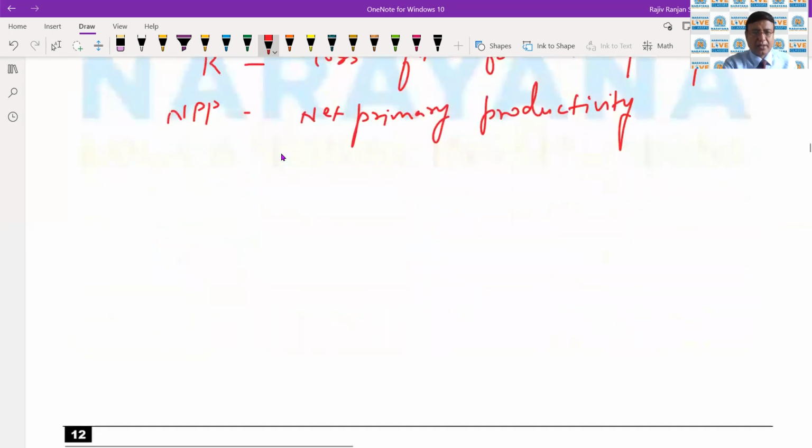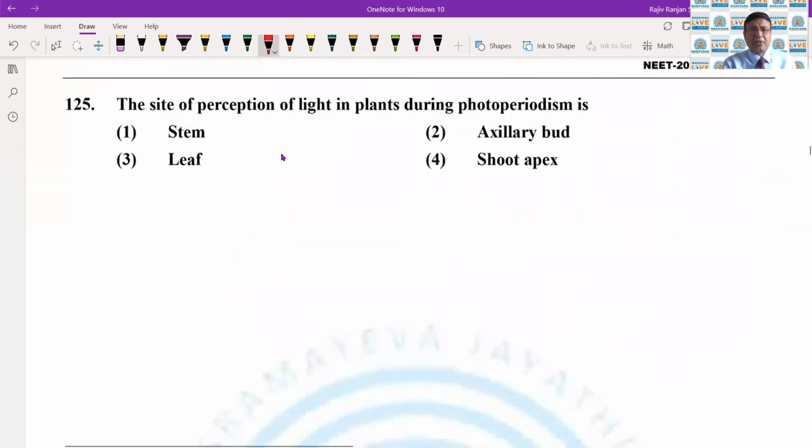Let's now see the next question, question number 125. The site of perception of light in plants during photoperiodism is the 1, stem, 2, axillary bud, 3, leaf, and 4, shoot apex. So the correct option is 3, leaf. Photoperiodism is a phenomenon in which it is the duration of the light that is important for flowering. So the role of the duration of light in flowering is called photoperiodism. The part of the plant that is sensitive to light, so that photoperiodism and flowering can take place,